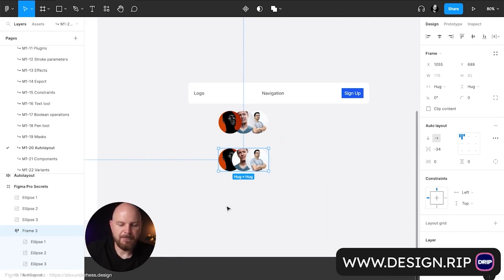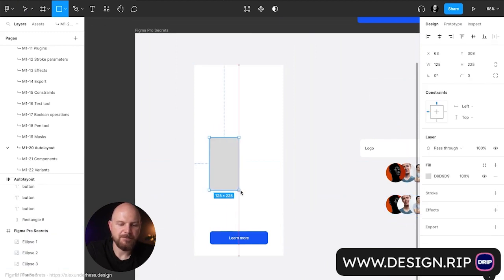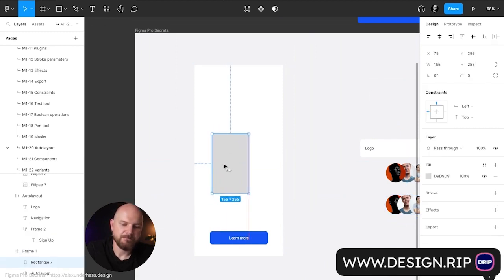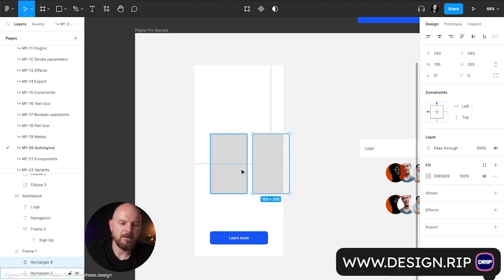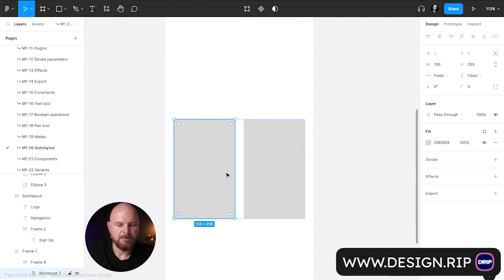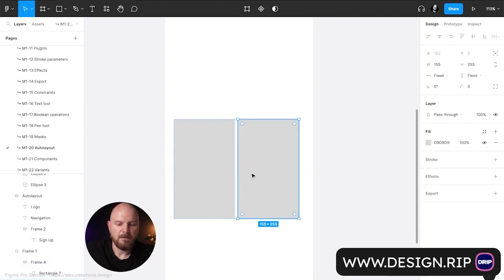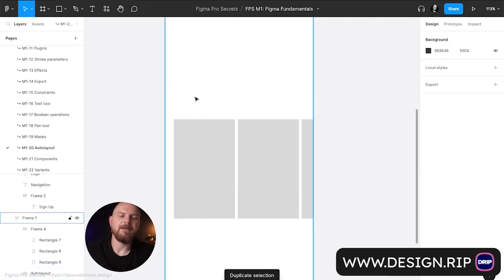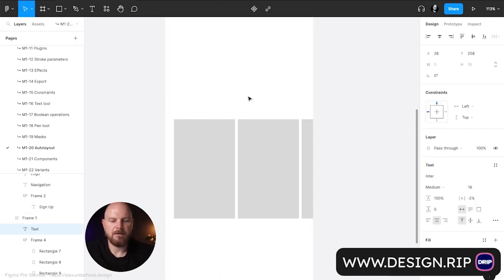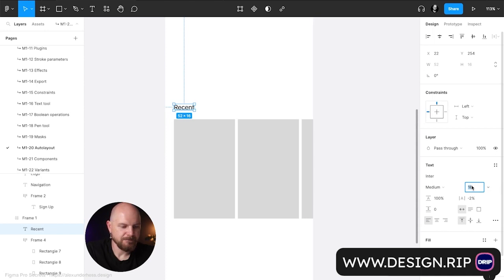Where do you need that? Usually in the mobile apps, when you have, let's imagine that you have a card and another card somewhere here, Shift A, and it starts from here. Let's put the spacing between these 2 cards, make it a little bit smaller, and let's create another card that goes there. And above we'll have something like recent release, 24